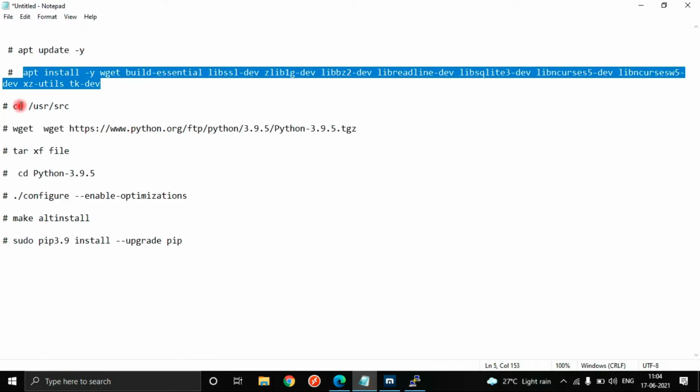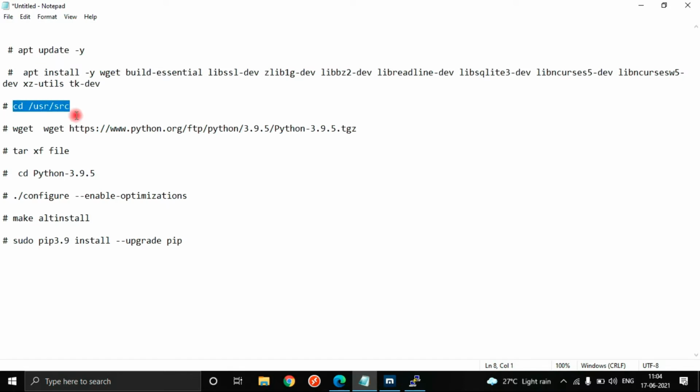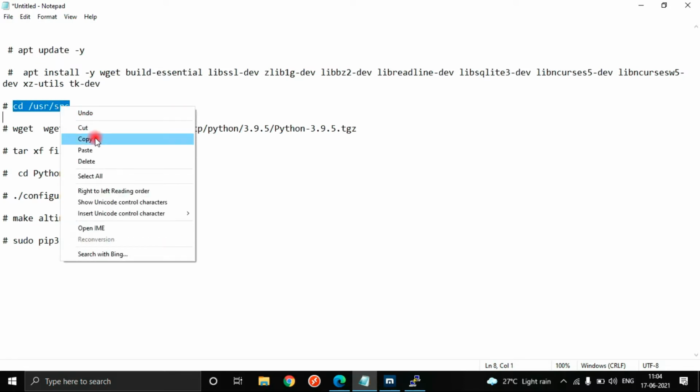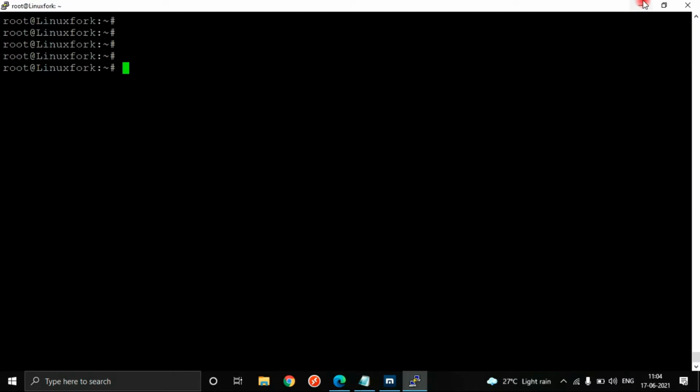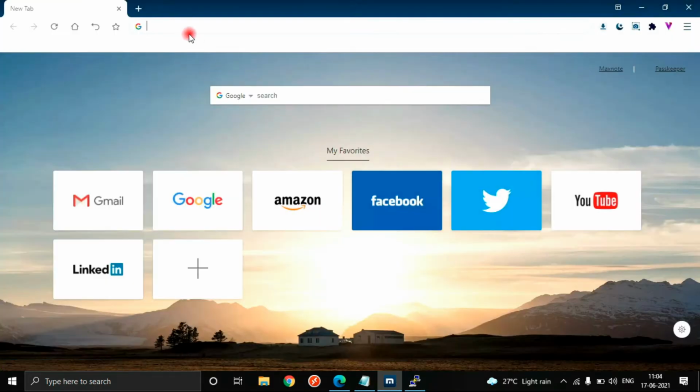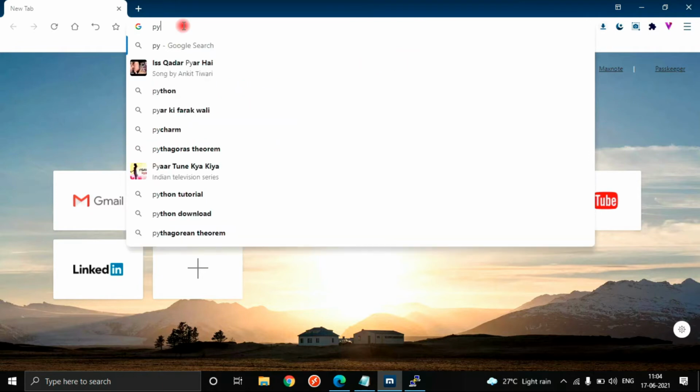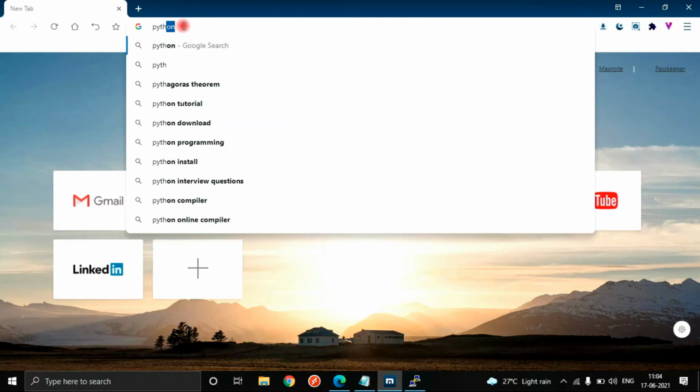What is the next step to install the package? Just go to the cd /usr/src directory, or any place where you want to put the archive files. Then visit the official site of Python. Just search Python on Google.